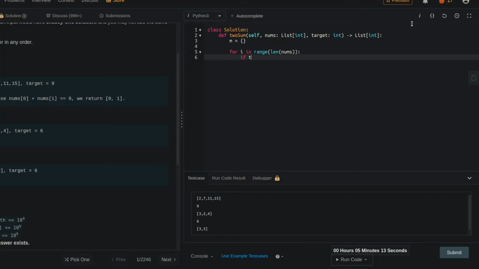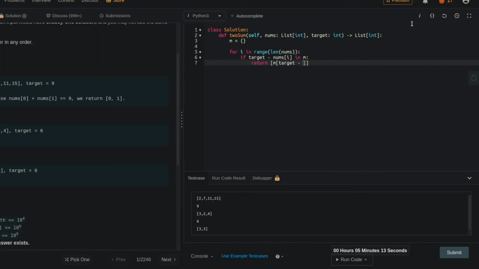As I said, we're going to look up the difference. So let's subtract the current number from the target. Is it in the map? If it's in the map, then simply return its index, which is also stored in the map,